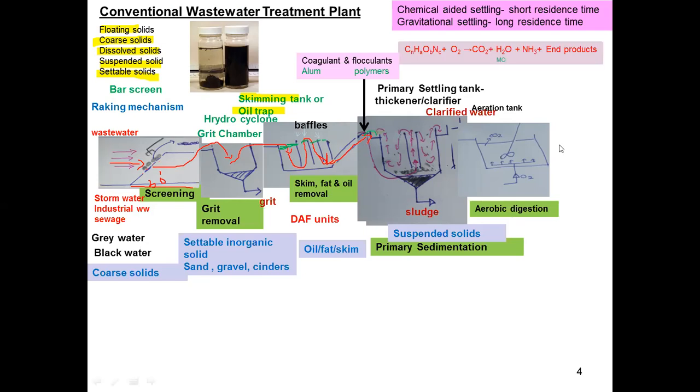So here you can see the aeration tank consists of a mixing device also. It may be an internal mixer, some turbine impellers have to be installed, and oxygen has to be provided. So oxygen, that is compressed air, has to be provided. Then what happens? You can see here CO2, carbon dioxide, is emitted from the tank. There is organic matter in the wastewater, dissolved solids, CHO, and in addition to that there is nitrogen, there may be sulfur also. Then with the presence of